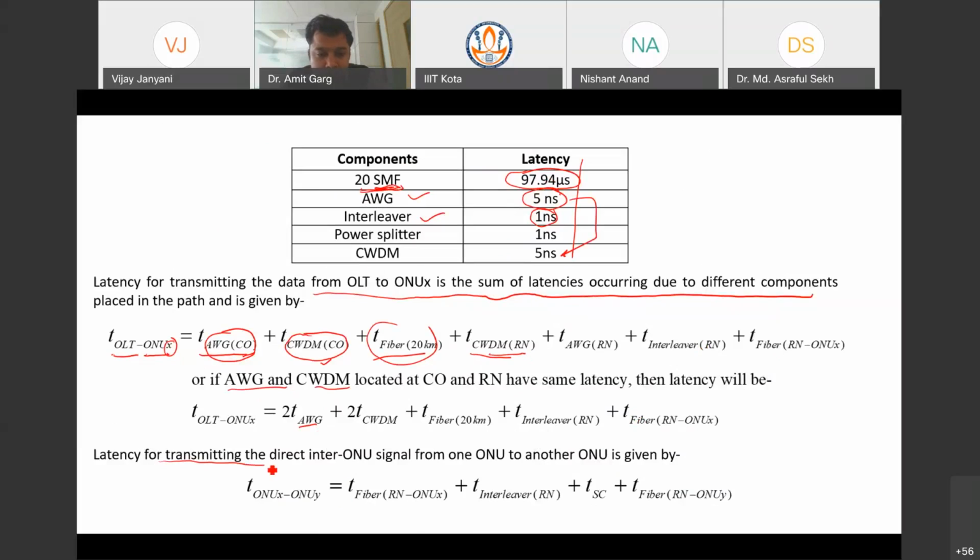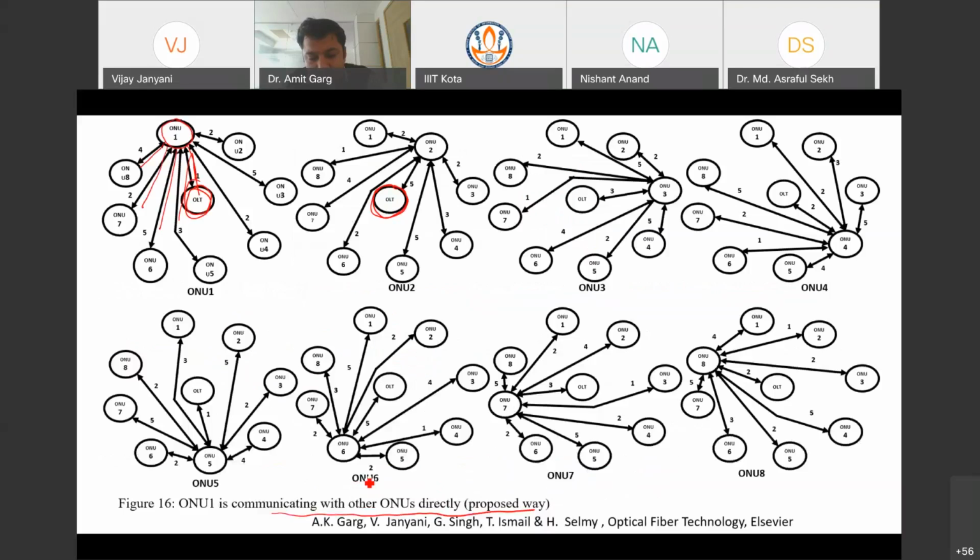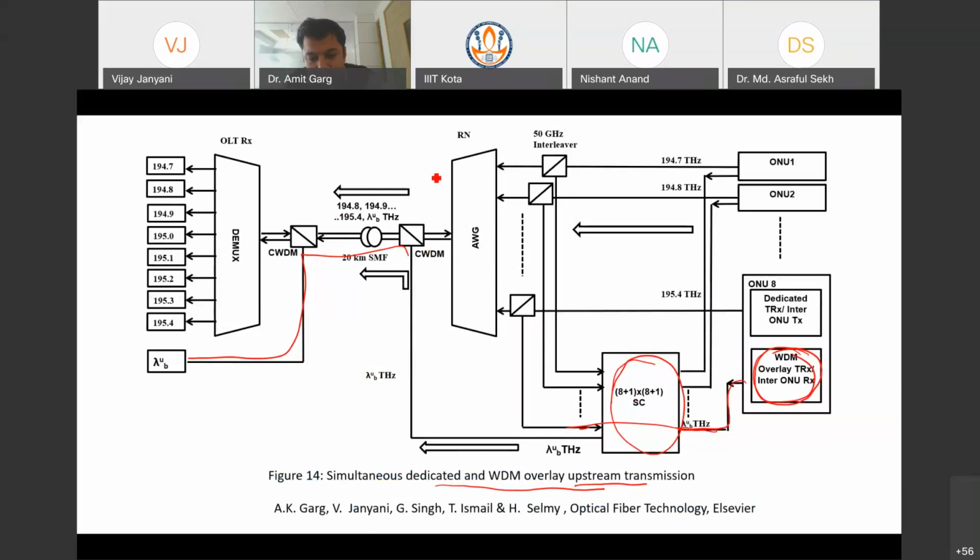Whereas the latency for direct inter-ONU signal from one ONU to the other ONU is given by ONU X to ONU Y, that is fiber. Now we are still taking the fiber latency here, because this communication is also taking place on fibers, so it will have some finite delay or latency, but not as much as this 20 kilometer.